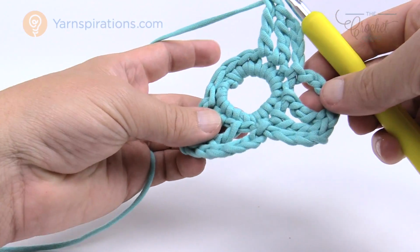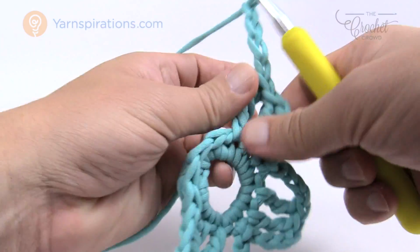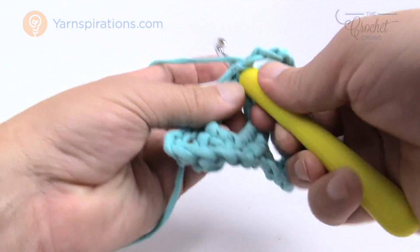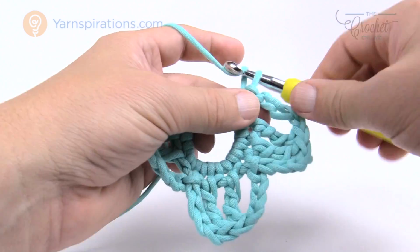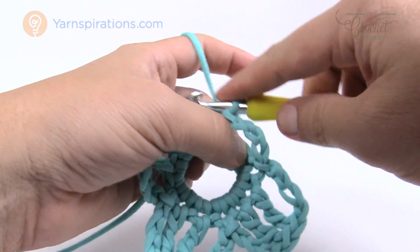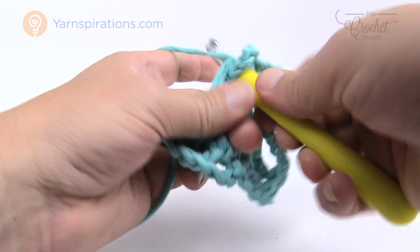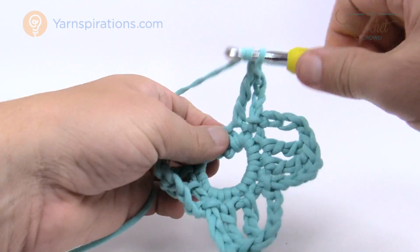You see this? It's almost like a cross. So 1 2 3 and 4, coming back down to the next one, slip stitch it, and now we're gonna do our final side. So chain up 4, 1 2 3 and 4. We're gonna treble into the next one, and then treble into the next one,